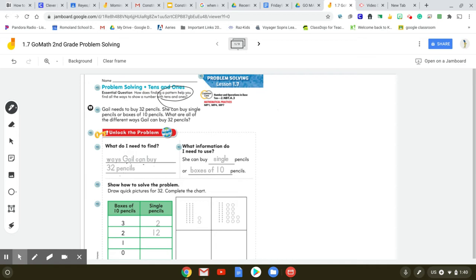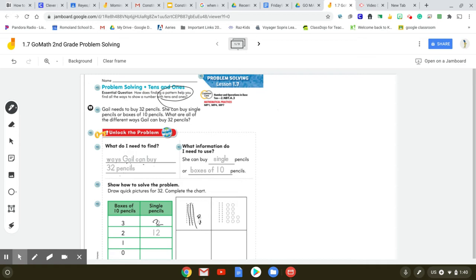Show how to solve the problem. Draw a quick picture for 32 to complete the chart. So here we have box of 10. So here's our 3 tens and our 2 ones. So let's go ahead and write 2. And here's our 3 tens, 1, 2, 3, and our 2 ones. The next